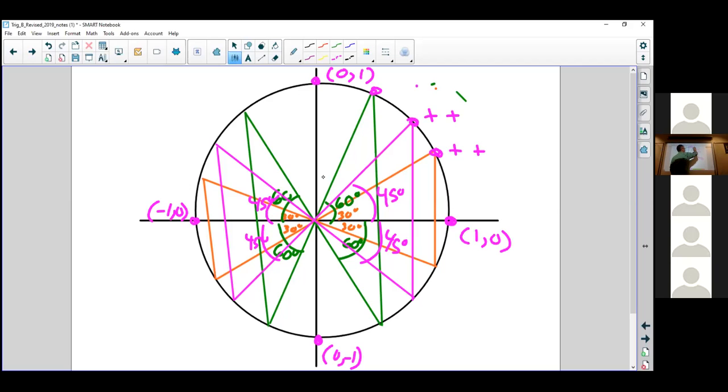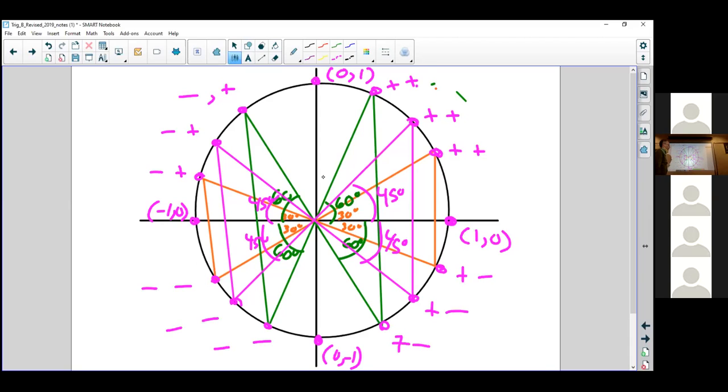But then I can find exact values for each of these points where I know these will both be positive. These points here, I'll have a negative and a positive. These three down here, we'd get both negative. And then these three over here, we would have a positive and a negative as far as the values go. And we're going to start getting to a point where we're going to say, what can I do to know these? And the nice thing is it goes with a really nice pattern,